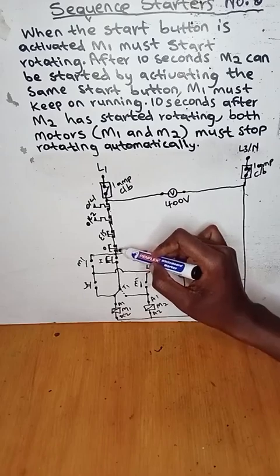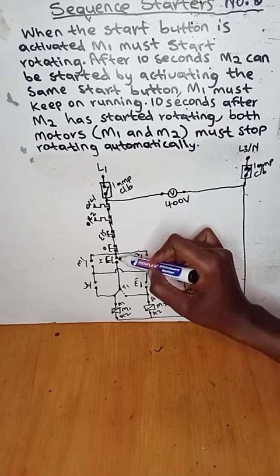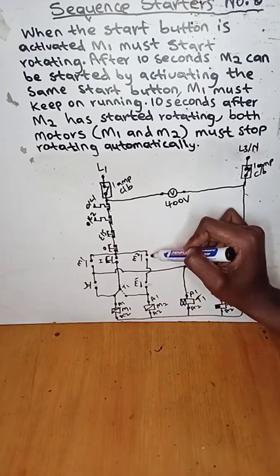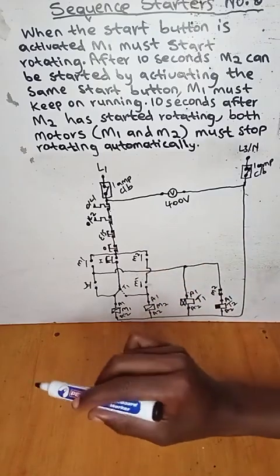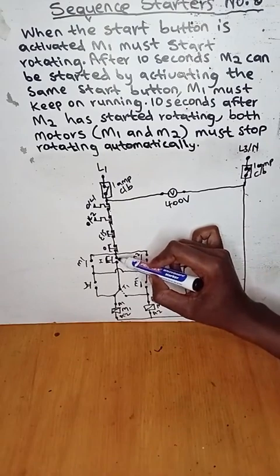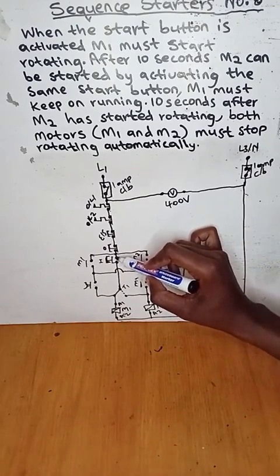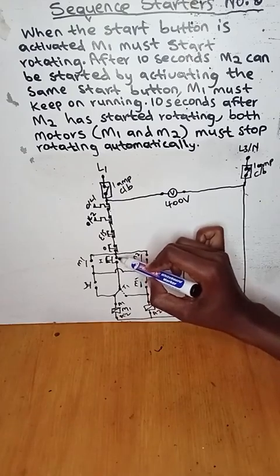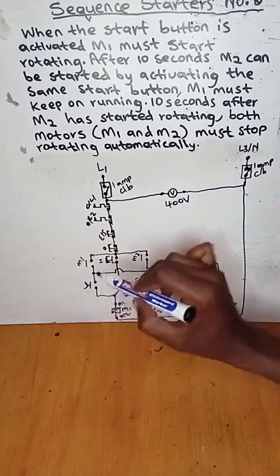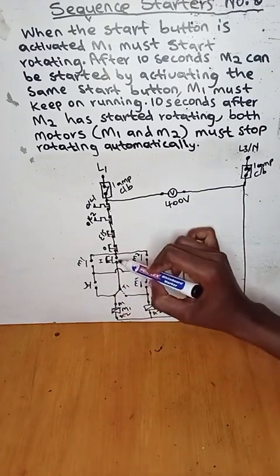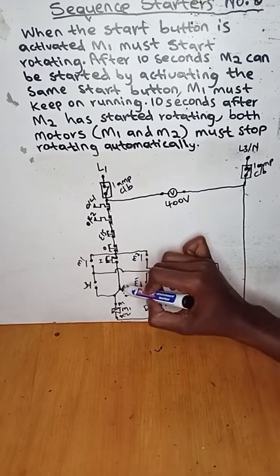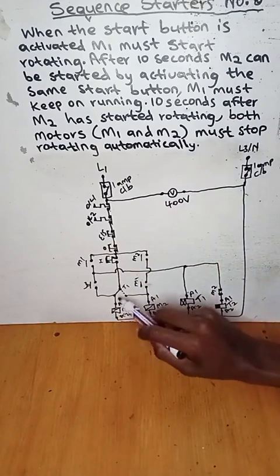Stop button, close contact: current will flow and be trapped before the start button, and also be trapped before the retainer of motor 1, and also before the retainer of motor 2, right? So since our live current is stuck before the start button, it allows us to press the start button so that the current can flow all the way down, right? So we press the start button, it creates close contact, current flows down and